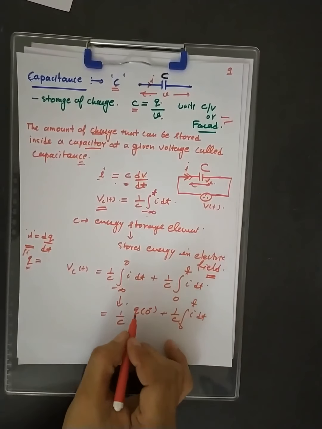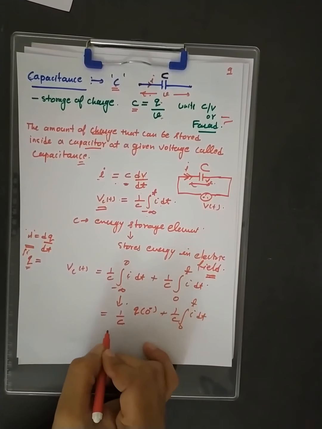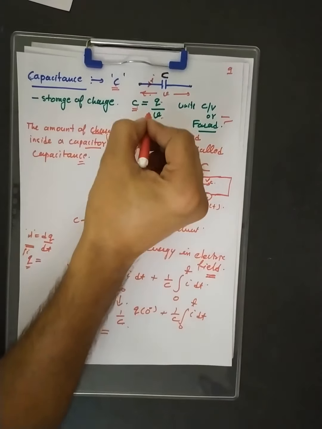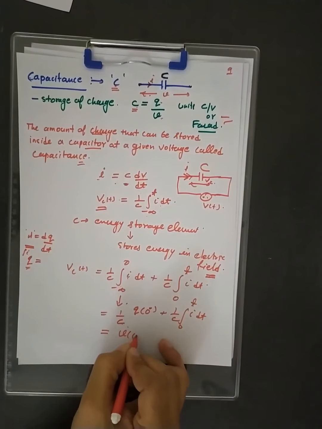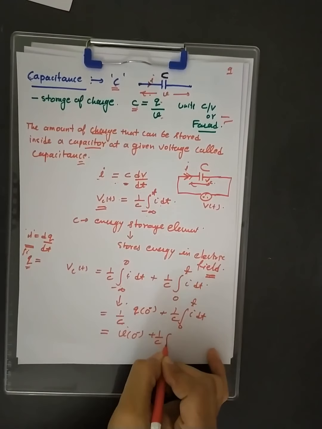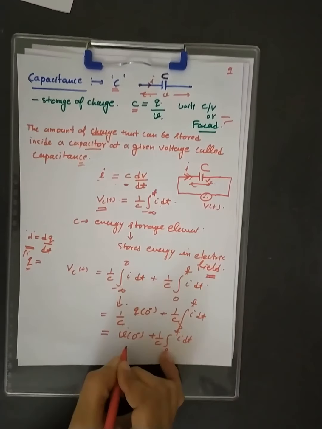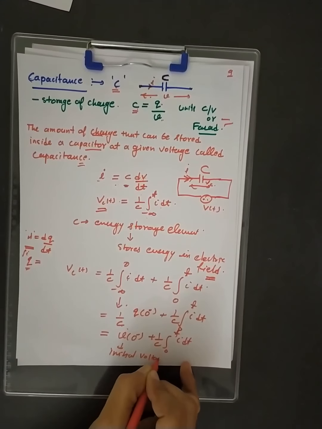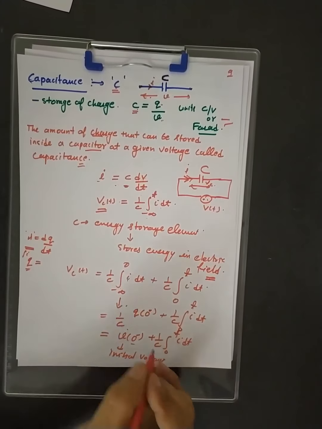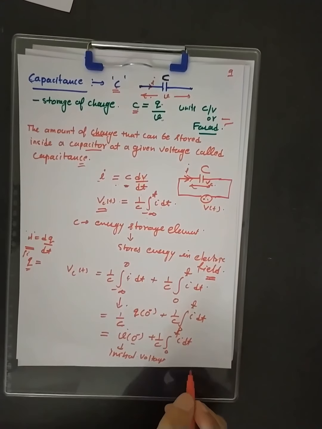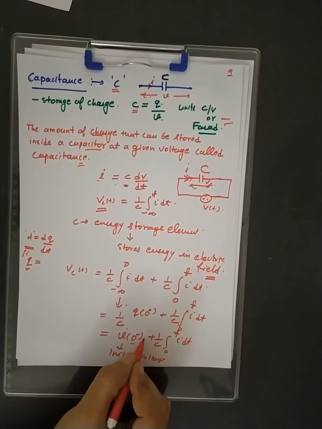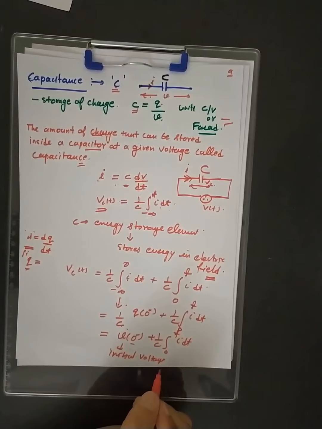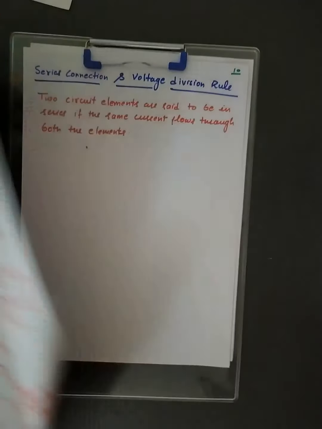So its value will be given to you. So this charge upon capacitance, you know very well this relation, that is equal to voltage. You can find out voltage from here. So that is initial voltage plus 1 upon C 0 to t I into dt. So this represents your initial value of the voltage, that is due to the energy stored in the capacitor. So whenever we are going to solve the numerical, we have to consider this parameter if it is given in the problem, right? So let's move to the next one.